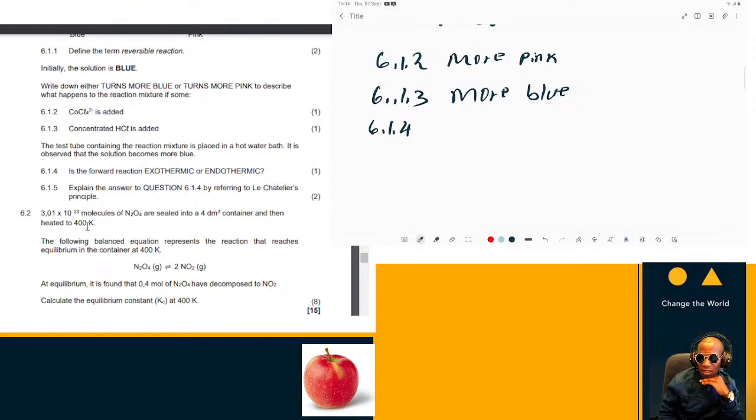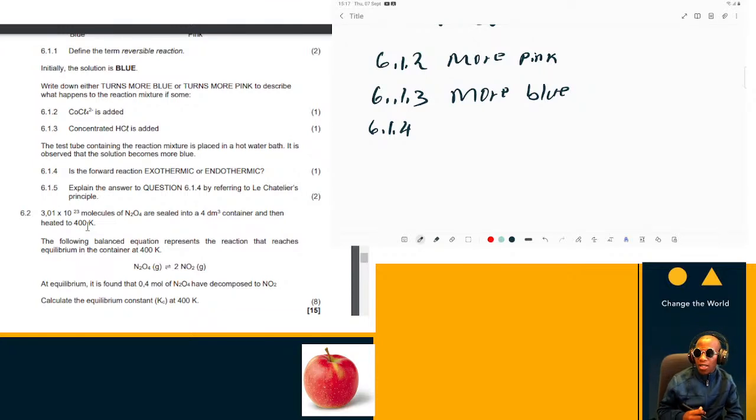It is observed that the solution becomes more blue, which means that now we are increasing the temperature. Now go back to Le Chatelier's principle. Le Chatelier's principle has its own factors that affect Kc, the chemical equilibrium constant. Le Chatelier's principle says that when we are increasing the temperature, we are favoring the endothermic reaction, the reaction that